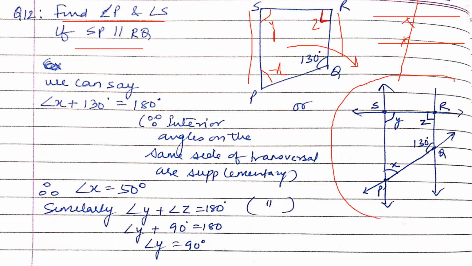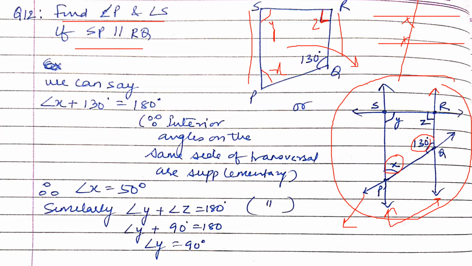If we extend all the sides, we get a figure like this. This will help us to understand the question better. So just see. Can't I take this line and this line as parallel lines? Yes, because it is given to us. Can't I take this as transversal? Yes, I can take. So in that case, angle X and angle 130 become interior angles on the same side